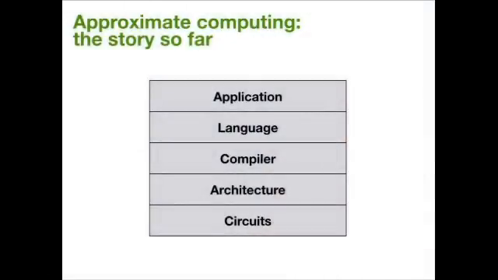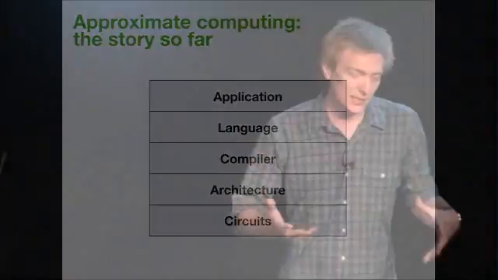So the work that we've been doing at the University of Washington, and some other people at other universities have started to look at, has really had to address this from a whole stack perspective. It doesn't make sense just to think about hardware, for example, and say, what are some ways I can make hardware more efficient while allowing a few errors? It doesn't work that way. We need to incorporate properties of the applications and the way the programming languages work and the way that compilers interact with the hardware to make good trade-offs.